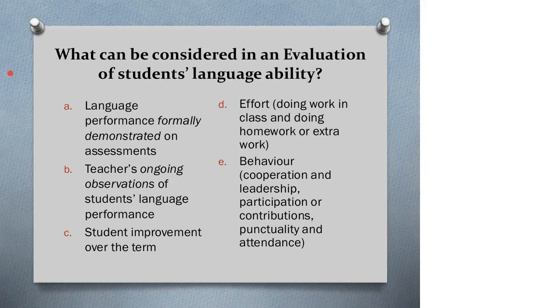So these are factors that could be included. What I'd like you to do is tell me which factors you think should be included in evaluation, and also how much each factor that you think should be included should be counted for. This is what's on the handout if you had a chance to look at it. If you can type into the chat box now the letters that represent the factors, but no one do that yet until I finish the instructions. If you can type into the chat box the letters that represent the factors that you think should be included.